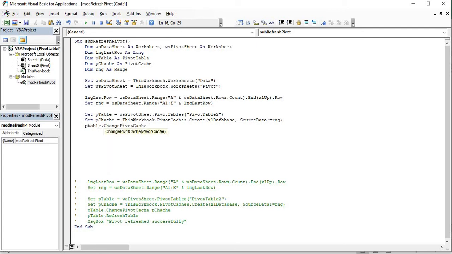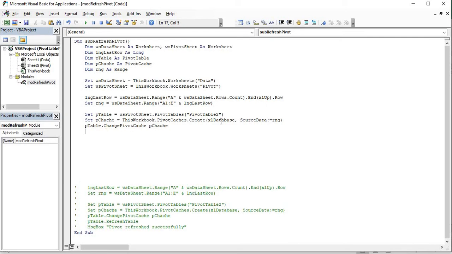Here you have to pass that pivot cache object, which we already created in the previous step. Okay, now the new pivot cache will be assigned to the table.